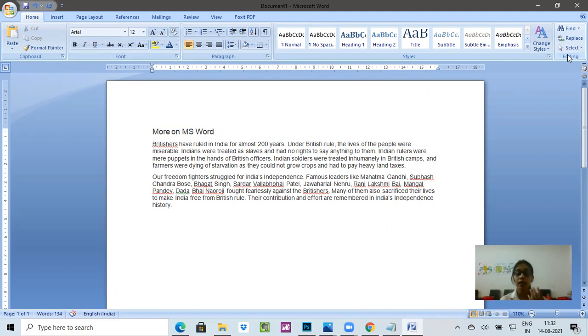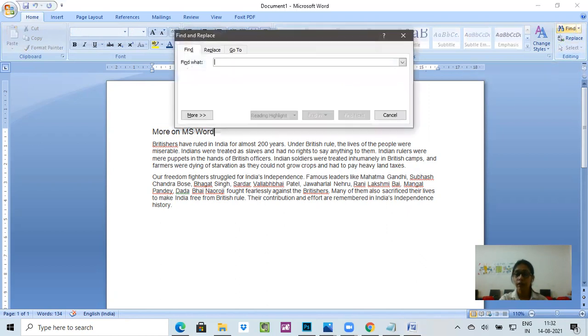If somebody asks you in which tab you will find the find option, it is the home tab. But if the question changes to in which group you will find the find option, it is the editing group. Okay, so you have to click on this find. After clicking on find, you just write the word.